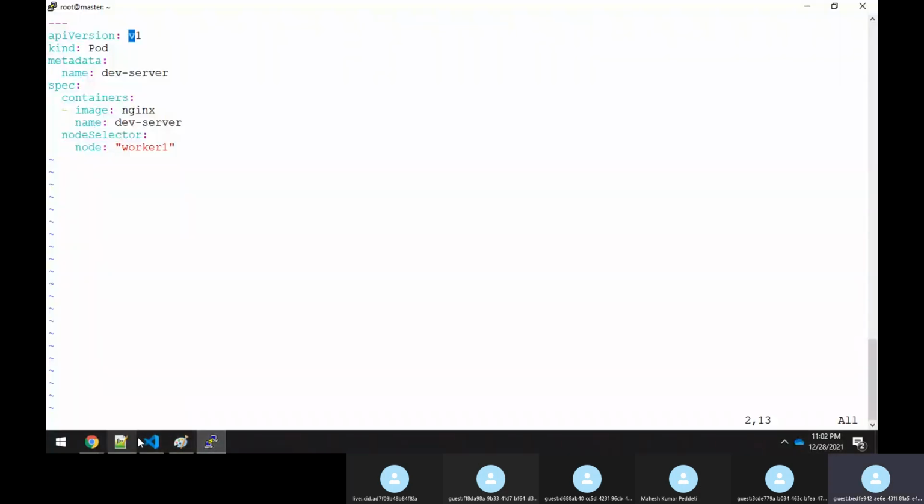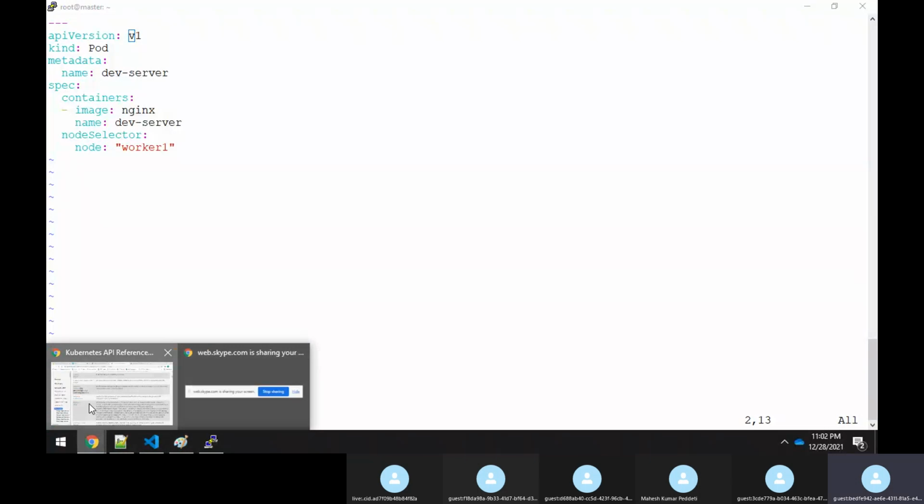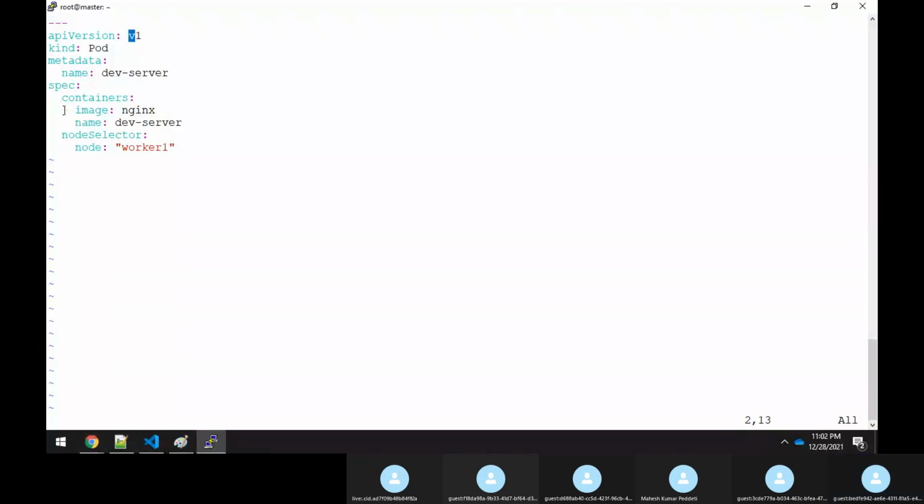So this container array is an array type. You have to give two spaces over here, give a hyphen, and then say what other things you have.